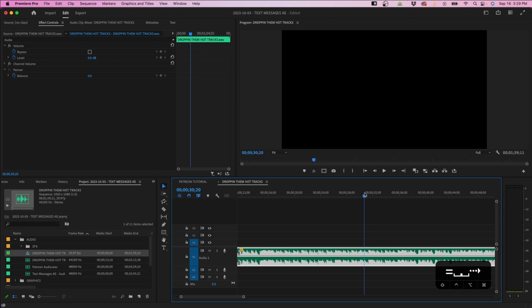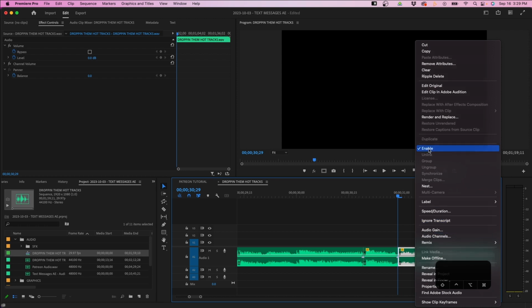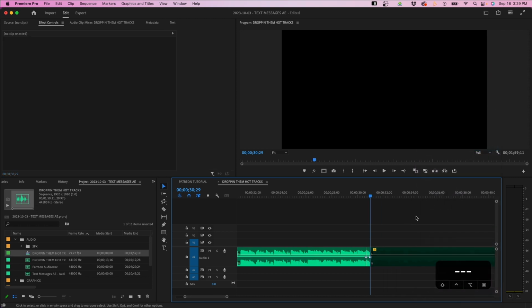So to get started, I'm going to grab my razor tool, zoom in here, then make a cut, then go forward about 10 frames, make another cut, and then for the tail, I'm just going to right click and go to enable, and that will disable that clip. And then I'm going to duplicate this edit by holding down Option and dragging to Audio Track 2, and the